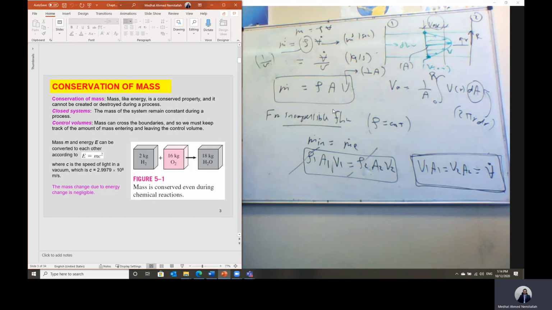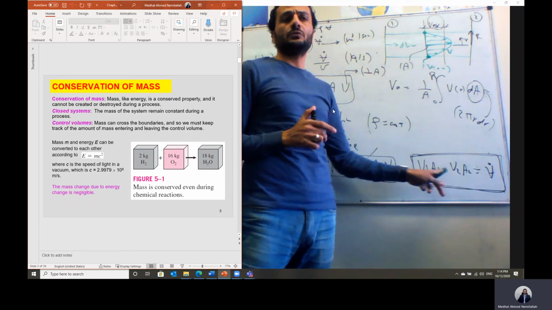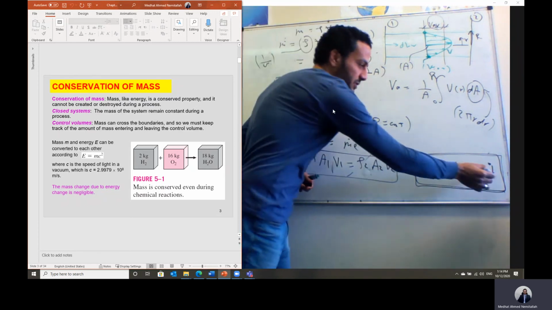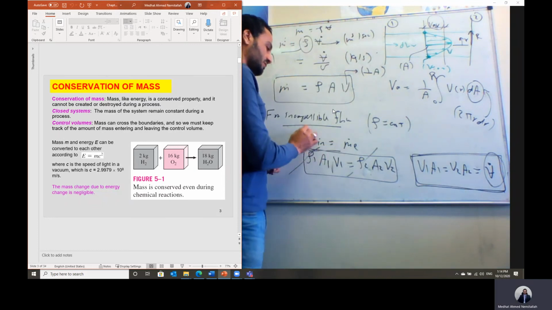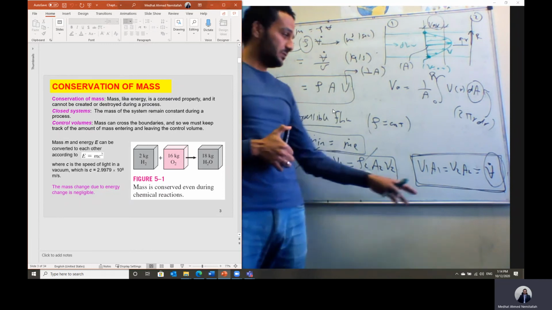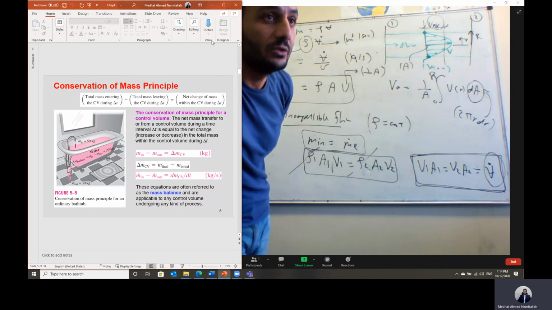We don't have conservation of volumetric flow rate. We have conservation of mass. Mass is conserved, cannot be created or destroyed. But we have a special case for incompressible flow. In this case, density is constant, so we can say the volumetric flow rate is fixed from the inlet to the outlet section. But we cannot say we have conservation of volumetric flow rate. No. We have only conservation of mass. When we have an incompressible flow, then the volumetric flow rate will be fixed from the inlet to the outlet section.